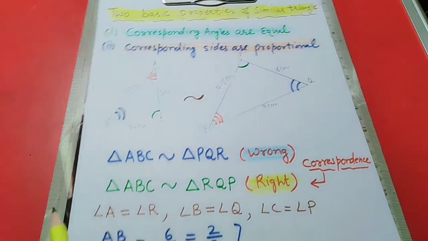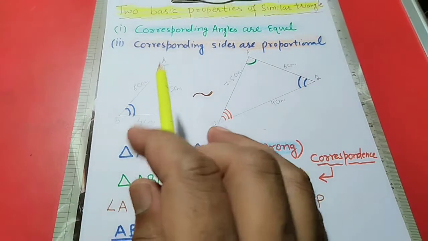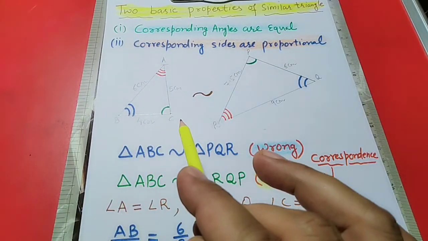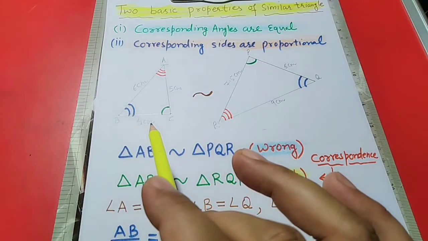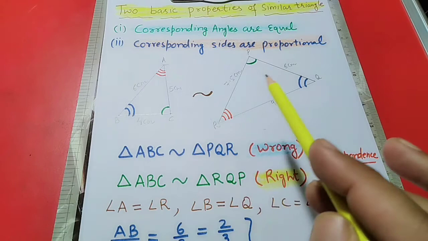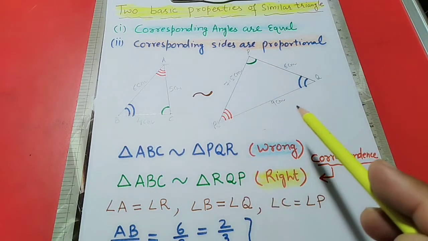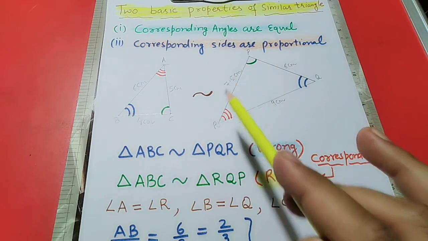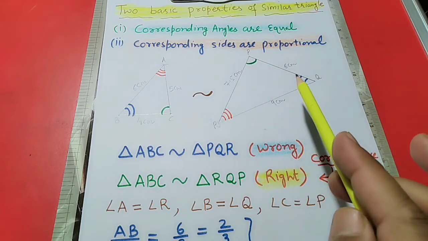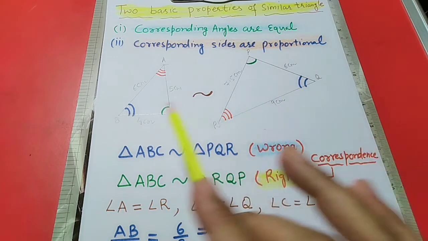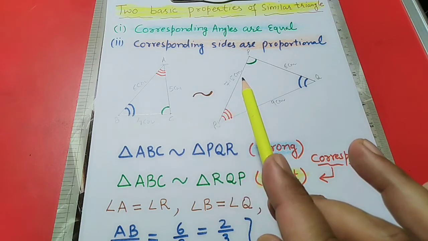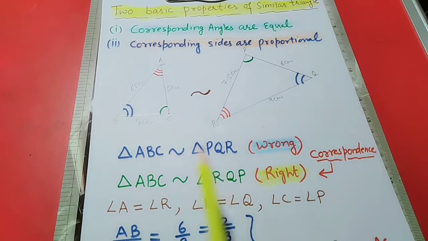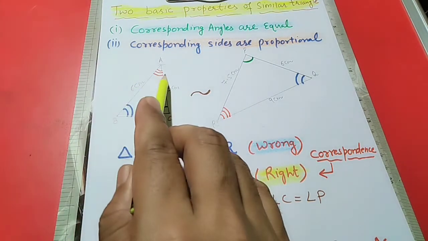To understand this, I have taken a triangle ABC, number one, whose sides are AB 6, then BC 4 and AC 5. And I have another triangle PQR, PR is 7.5, PQ 6 and QR 9 centimeters. So I have taken two triangles and I am claiming that their shape is the same. So how can I write? What do you mean by correspondence? In this figure, if you see angle